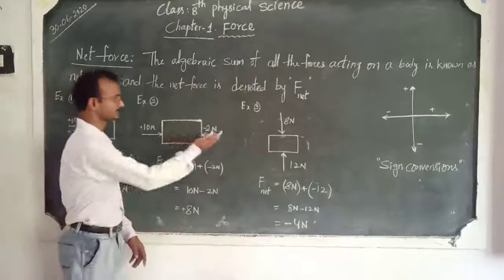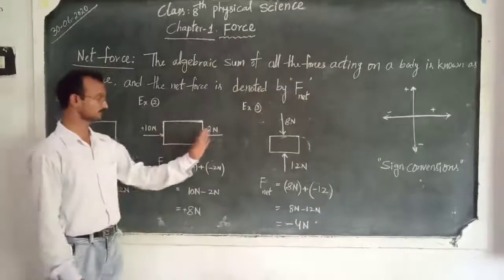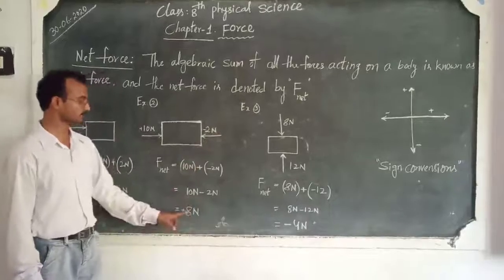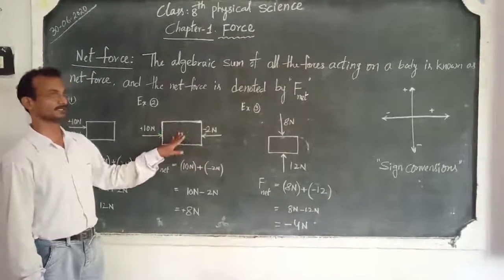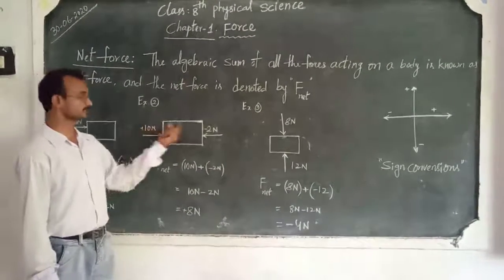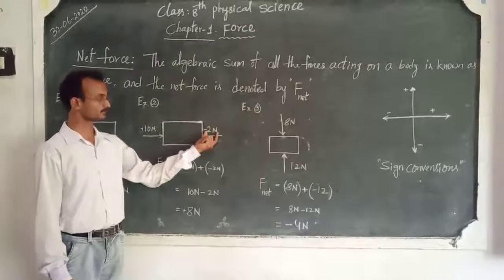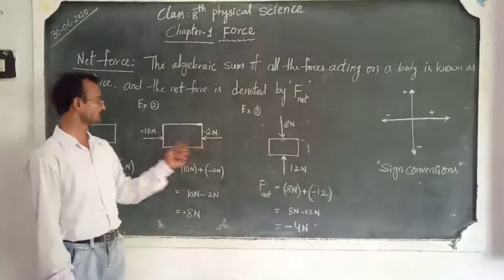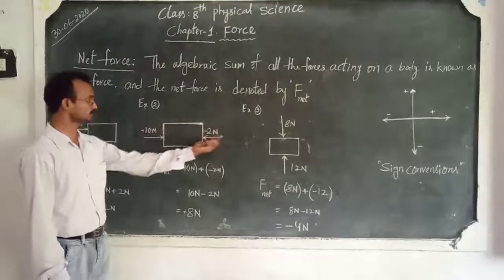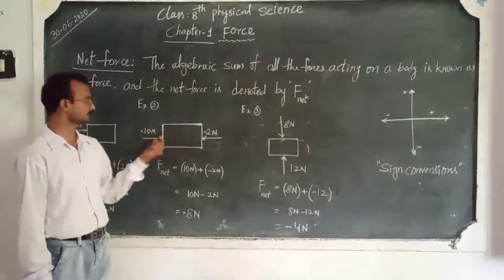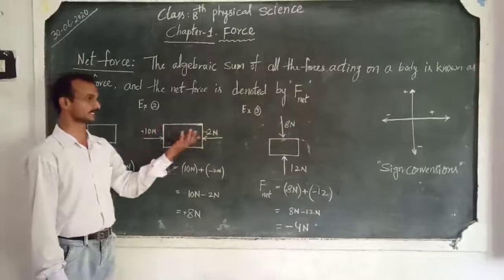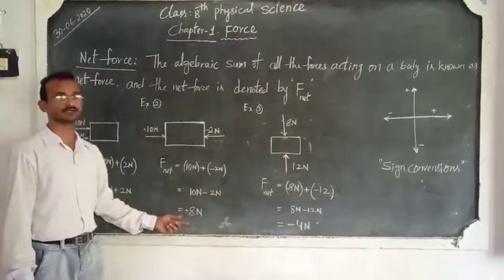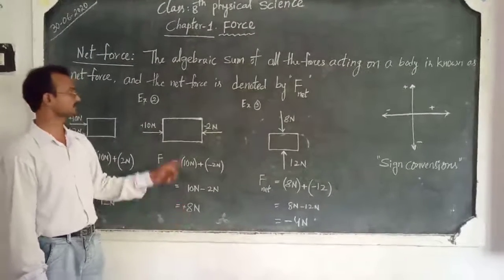That's why towards the right side direction. Towards the right direction, this 8 newtons of force is acting on the body. Though here is 10 newtons and here is 2 newtons, finally the overall force is 8 newtons only towards the right side, because 2 newtons cancel. 2 newtons acting in the opposite direction means from 10, 2 newtons gets cancelled, remains 8 only. So 8 newtons is the net force acting on the body.